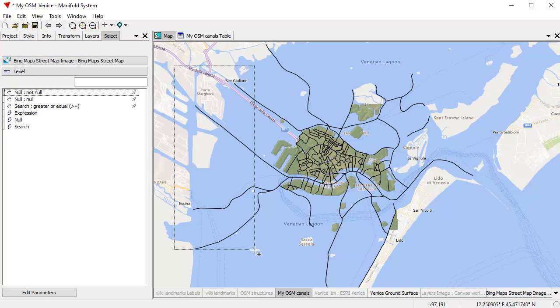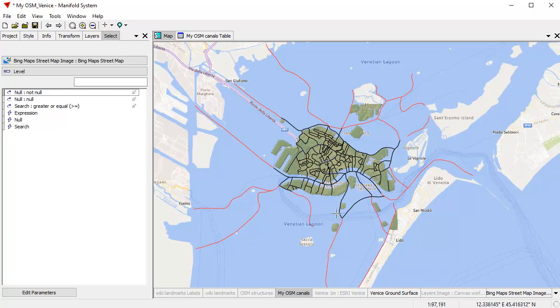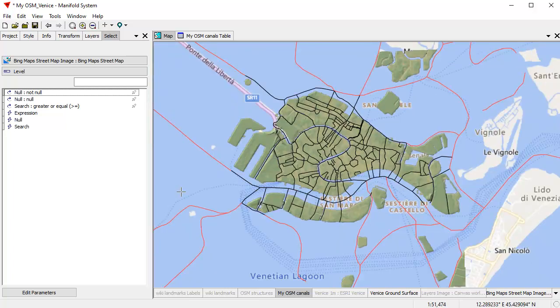Now for the rest, I'm just going to freehand control click and drag various waterways to select the ones I want to get rid of, those which are a little bit farther away from the area of interest that I've been working with. If I like, I can right click and drag to zoom farther in. Let's get rid of this one here like that. I'm trying to do this carefully to not mess up. Let's get rid of that one and this one. And here, bring that one back. I just want to get rid of some of the ones that